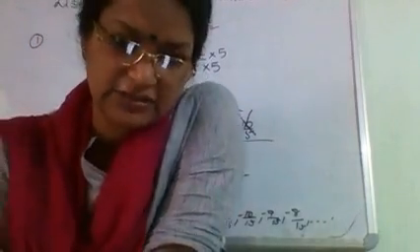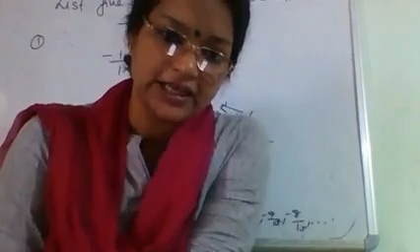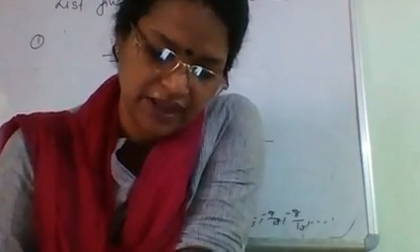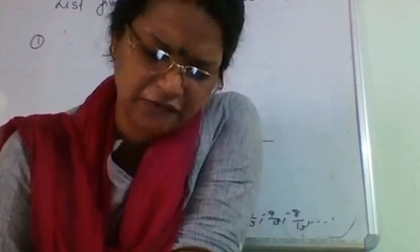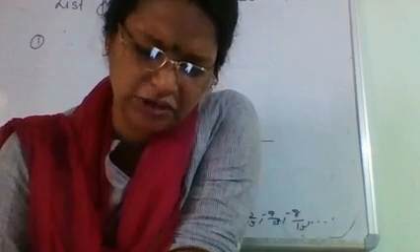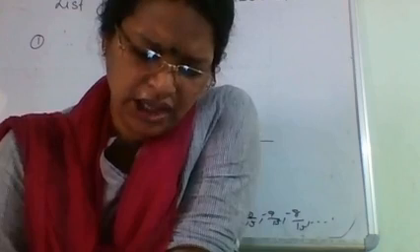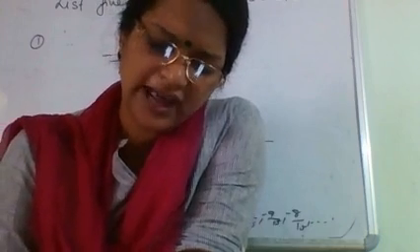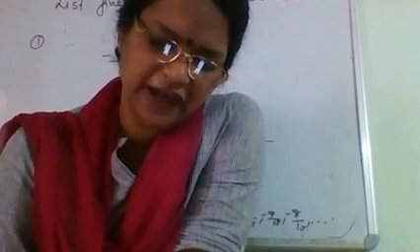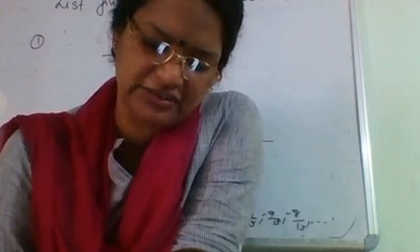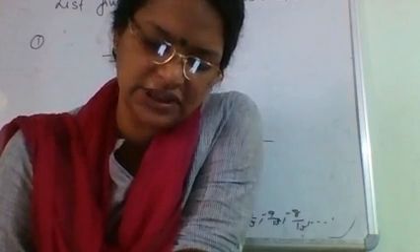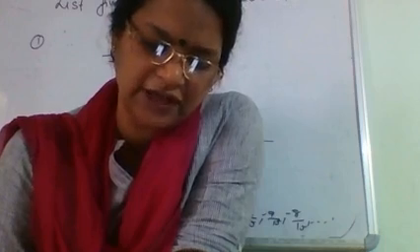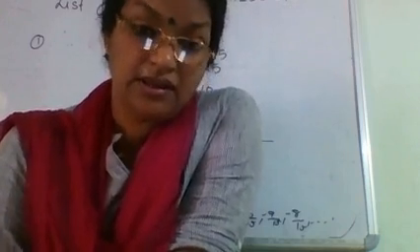Now come to the exercises. I will be discussing each and every question of this exercise. First we can go for exercise 4a. I have not discussed exercise 4a questions also, I suppose. Come to exercise 4a. What are rational numbers? Give example of 5 positive and 5 negative rational numbers. Is there any rational number which is neither positive nor negative? Name it.